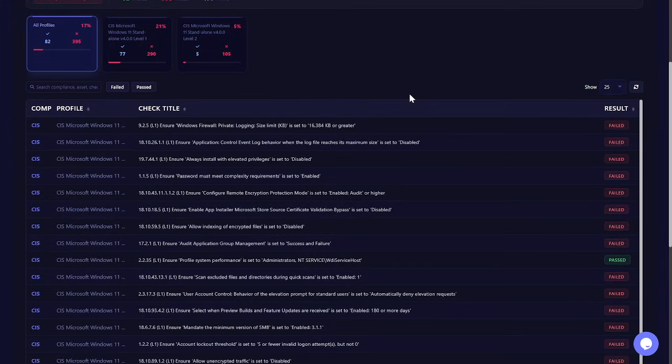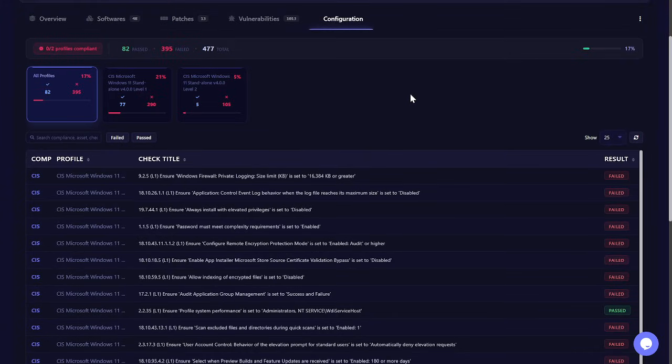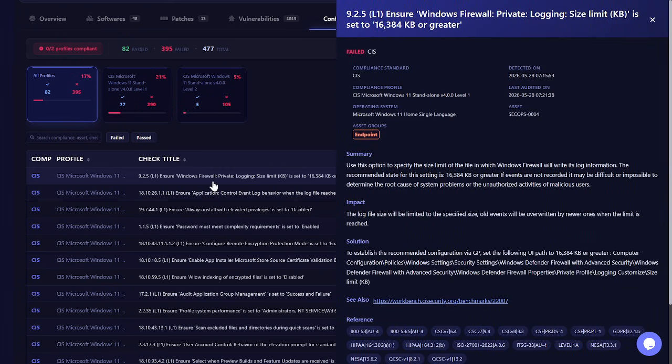Coming to configurations, these are the misconfigurations that we have identified on your system, so you can get those details from here as well. For example, if you want to quickly check any of these misconfigurations, you can simply click over here and get further details regarding the standard against which this check was performed, the profile this control or check comes as a part of, and further details regarding the check,